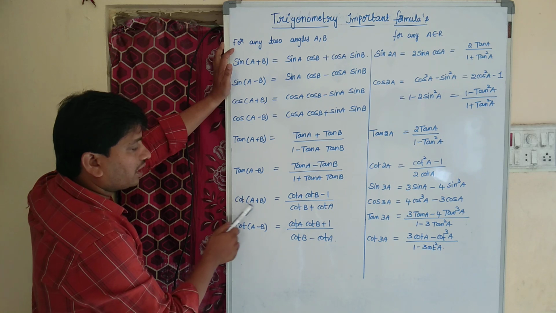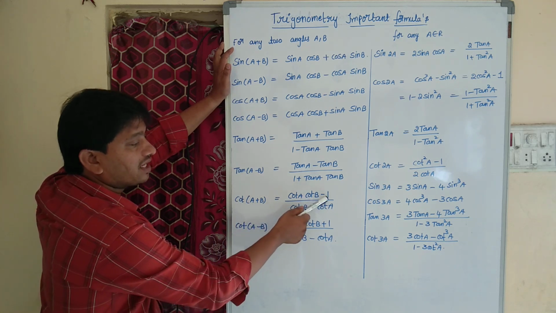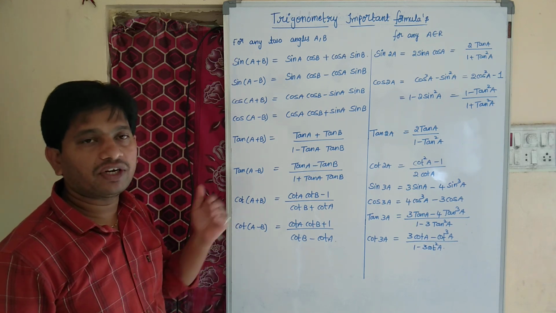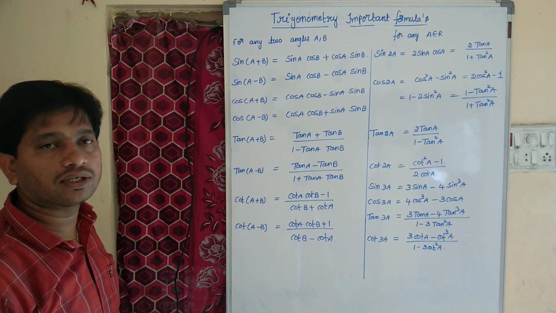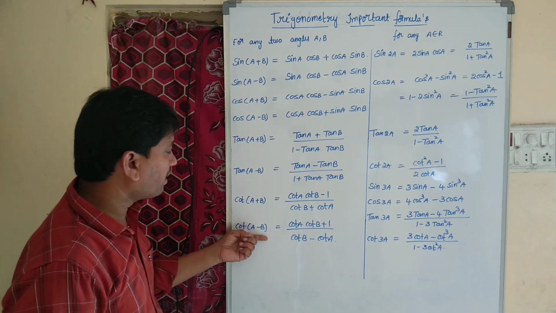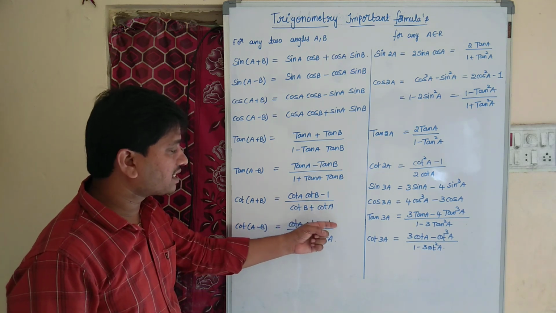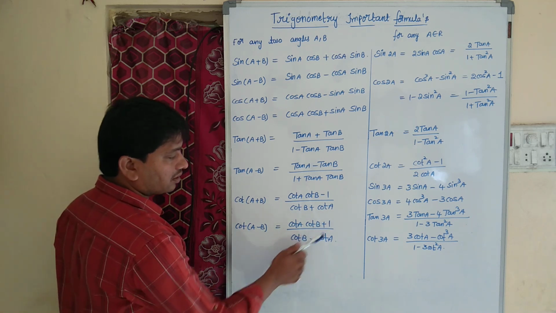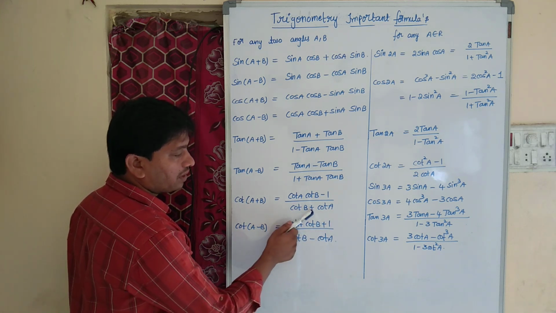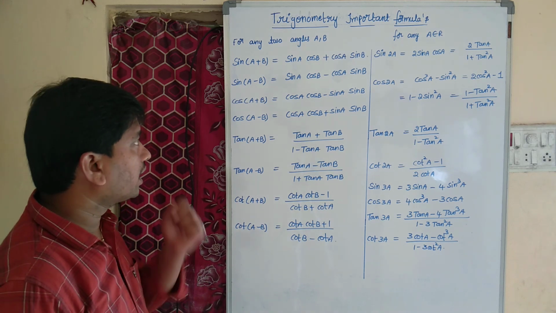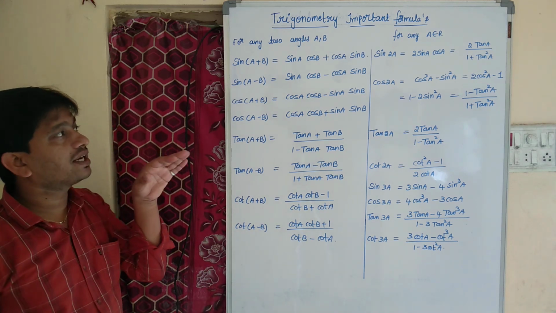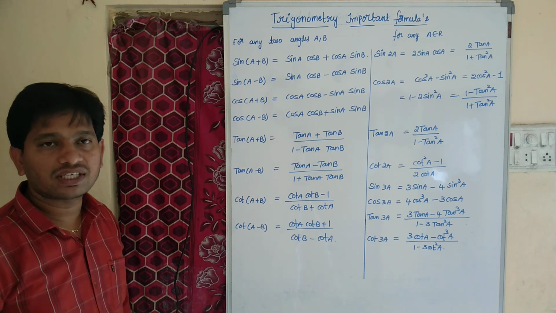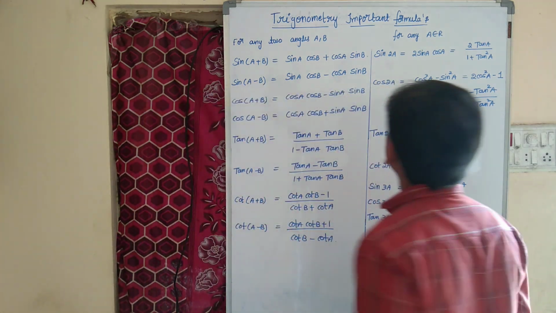Now coming to cot(A+B): cot A cot B minus 1 by cot B plus cot A. You need to repeat twice or thrice to remember this formula, children. Okay? Coming to cot(A−B): cot A cot B plus 1 by cot B minus cot A. Here it is plus 1, cot B minus cot A. Here cot B plus cot A. Okay? This is for any two angles A and B, the sin, cos, tan, cot formulas for A plus B and A minus B. Now for any A belongs to R,